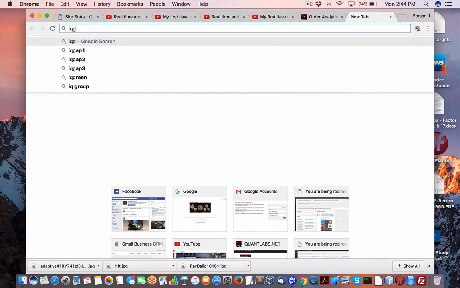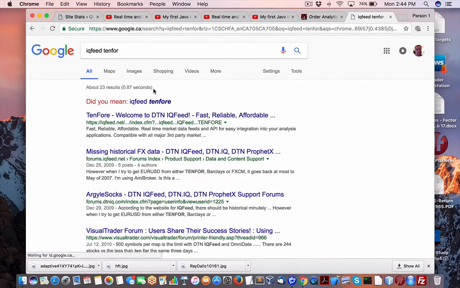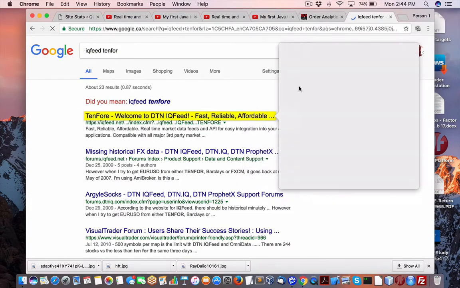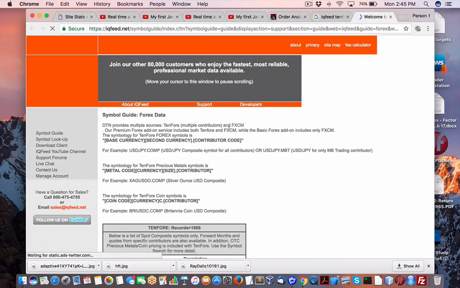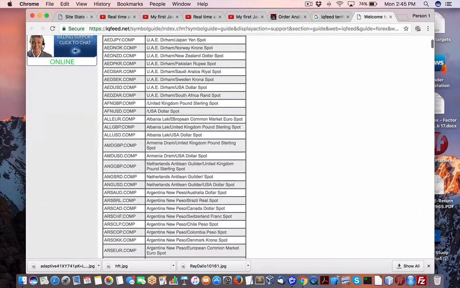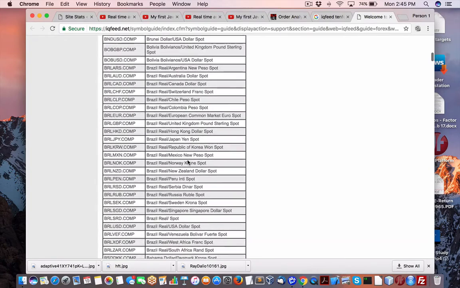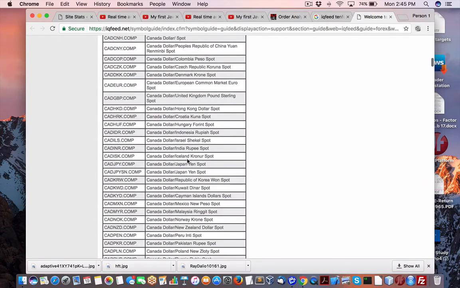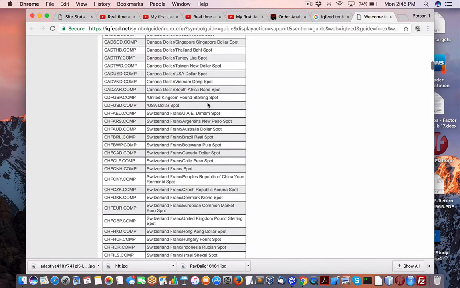So if you just do a search for IQFeed 10-4, this is a really cool option. It will give you some info on extending out your different data sources from Forex brokers and banks. These are the typical sources, so we have UAE, Argentina. You're getting a true global snapshot of the data from all of the major currencies out there, and all the different pairs, as you can see here, including the spot as well.